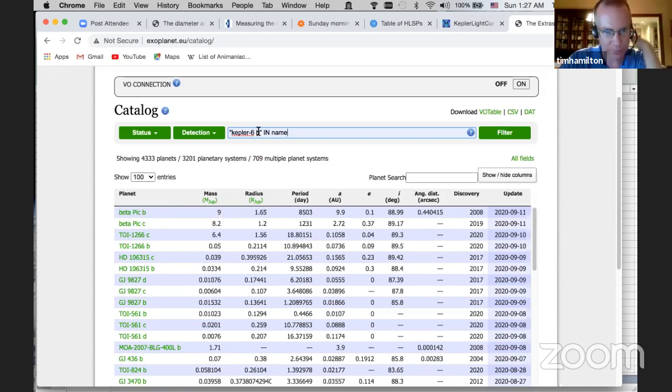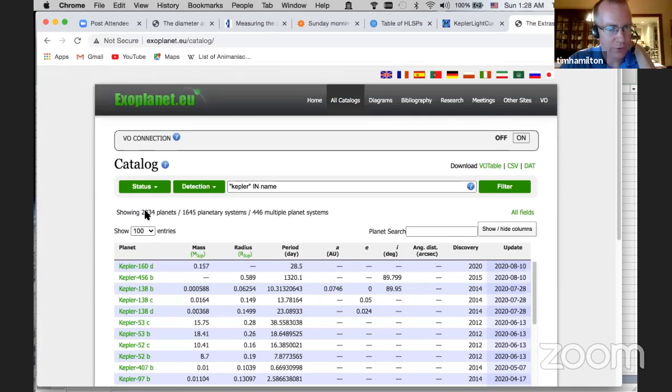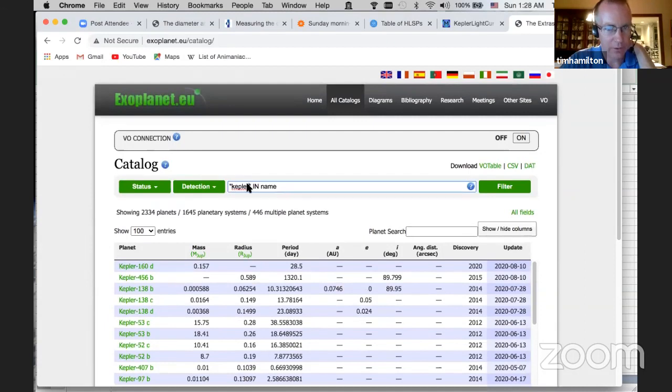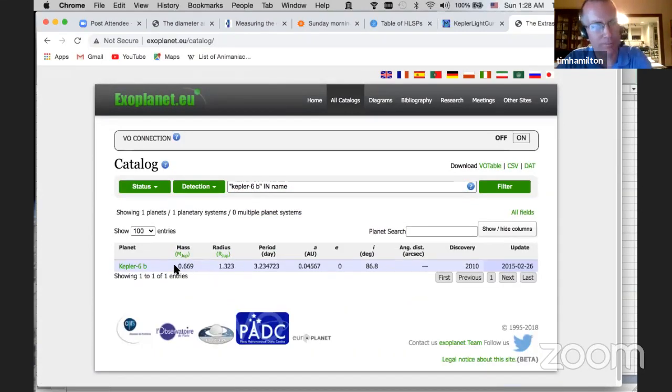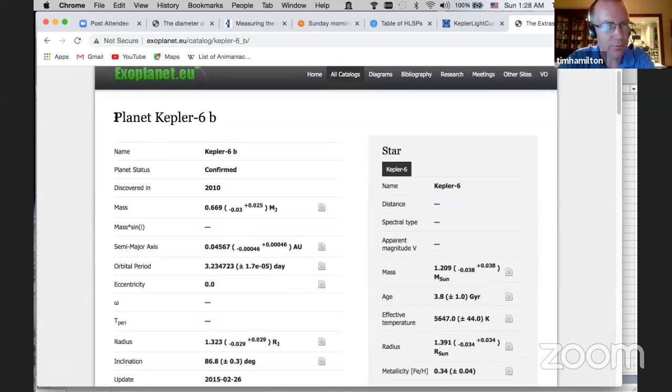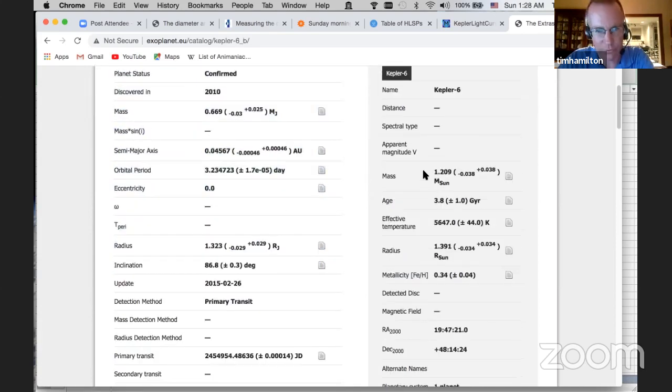If you weren't sure exactly, you could simply type Kepler in name. And if we do that, I just hit return, and we get 2,334 planets in numerical or alphabetical order. Let's put the full form, Kepler-6 space B. I hit return, and we only come up with one. Now we've got the link here. Okay. Now this tells us information about the planet itself, but that's cheating. We don't want to do that yet. We just want to look at the star. We can look at that later to figure out how close we've gotten.